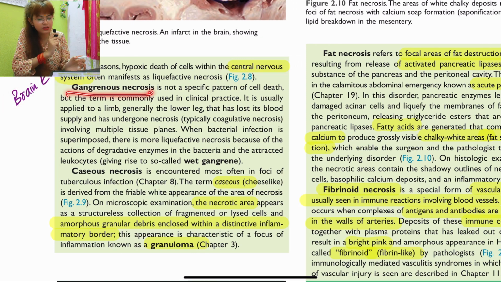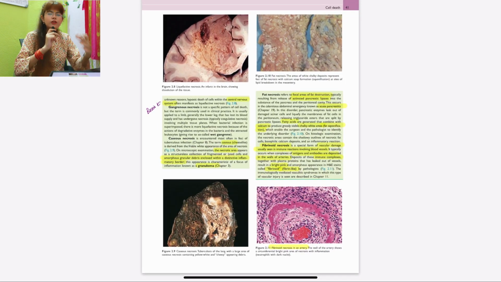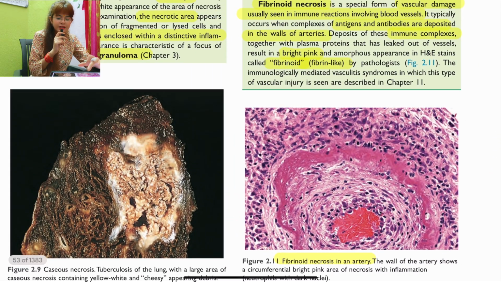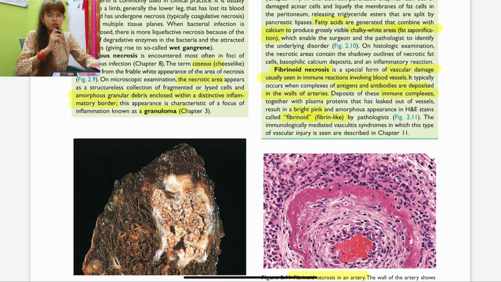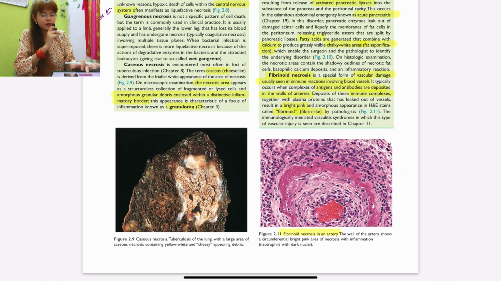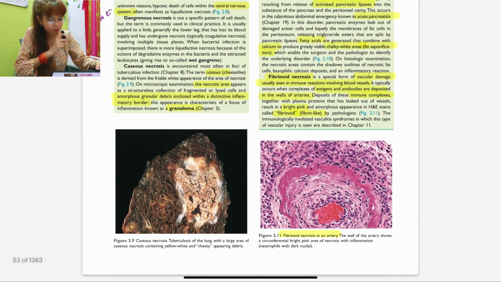Now gangrenous necrosis, another type, and you have caseous necrosis, where in the center you find this caseous cheese-like material surrounded by a distinct color of inflammatory cells and all these granular debris and fragments, and this is the granuloma. So granuloma is a very important short note, whose architecture is not given very nicely here, the exact formation of the granuloma. When you find in the center caseous necrosis, then you have surrounding epithelioid cells, then you have lymphocytes, and all of those inflammatory infiltrates. So that is a different question. It is not given very nicely over here.